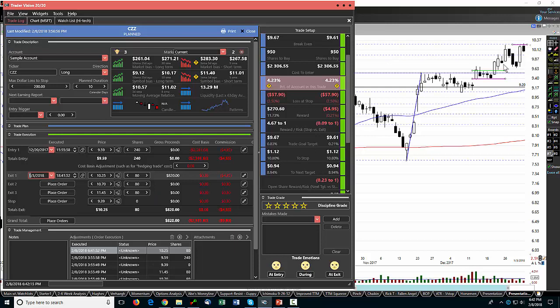We could have actually moved it a little bit before then, say move it to break even perhaps on one of these days. When we hit the 23.6, maybe that was time to move it up to break even. We still wouldn't have been stopped out, but we certainly need to keep moving that stop up. So I would have moved it up to break even here on, I guess, about 12.26. I would have moved it up to 9.60. And that would have